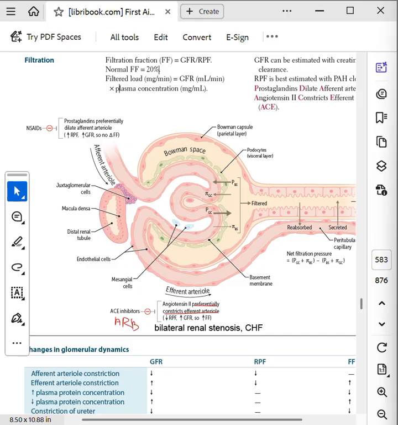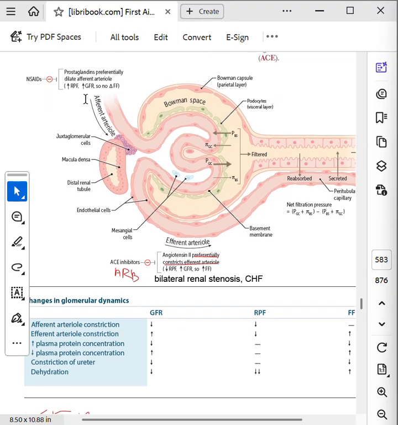Now, this is not good for the body. Why is this not good for the body? Because angiotensin 2 actually preserves the filtration here by constricting. Why does it constrict? Because in cases where there's bilateral renal artery stenosis, or there's a solitary functioning kidney, angiotensin 2 preferentially constricts the efferent arteriole, right? So ACE inhibitors instead dilate it, and they reduce the glomerular pressure, and the GFR falls. This is dangerous in cases where there's bilateral renal artery stenosis or a solitary functioning kidney, right?